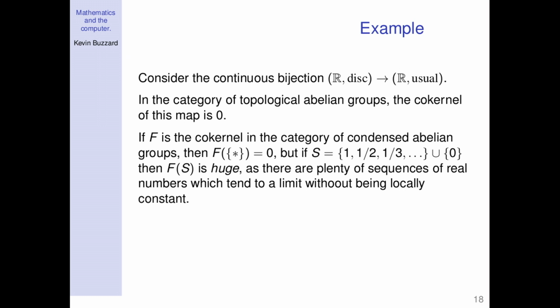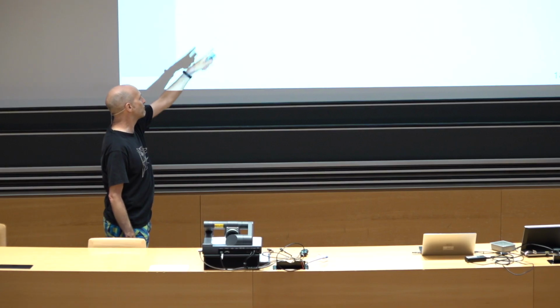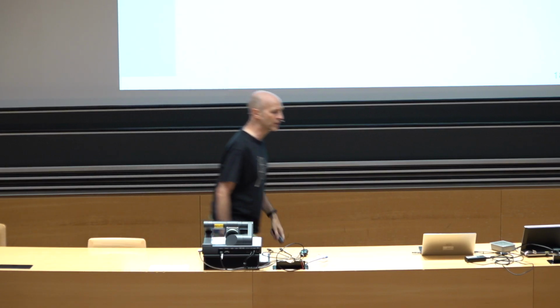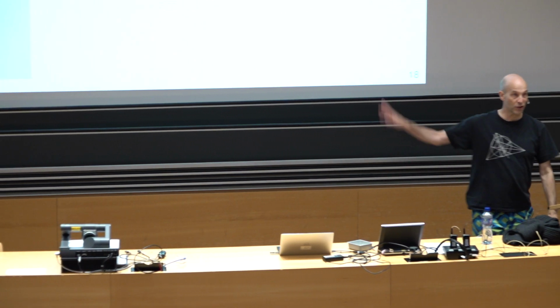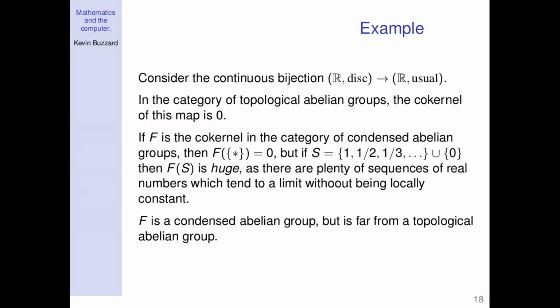It has to stop moving. And so f of s for this first thing only has locally constant functions, whereas f of s for the second thing is much bigger. It has all limits of all sequences. And so you can see that the topological spaces look very similar, but the condensed set, this right-hand condensed set, is much bigger in some funny sense. So that's why this example doesn't contradict my claim that this is an abelian category.